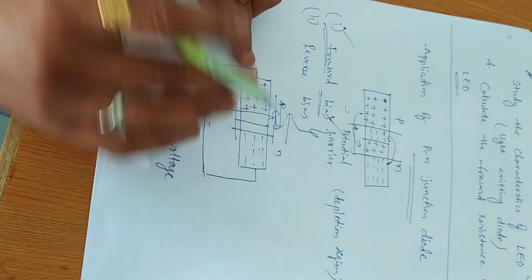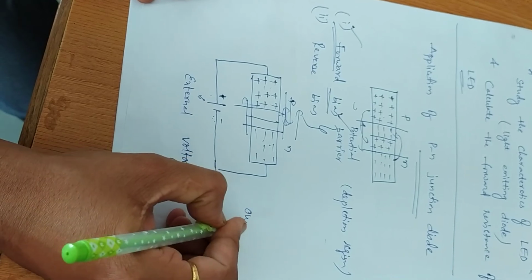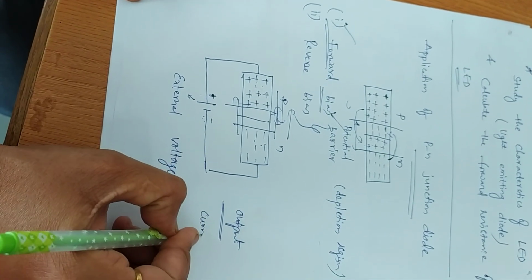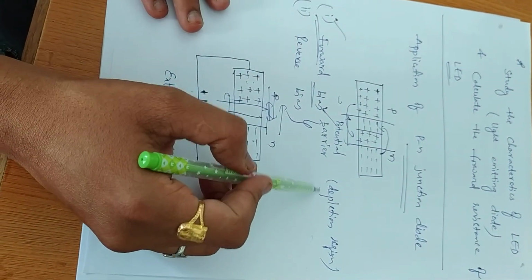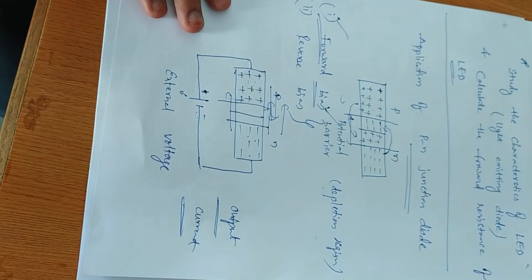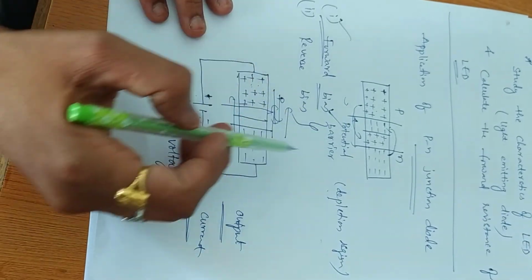When the depletion region goes completely to zero, we can get the maximum output from the circuit. Here the output we are measuring is the current, so we can get the maximum current. Just understand that when the depletion region is maximum, we see zero current. That means it's completely resistive. The depletion region is something like a resistive region. But when you